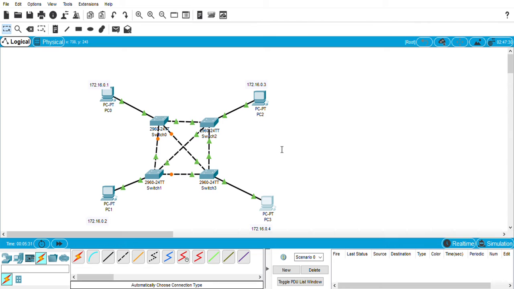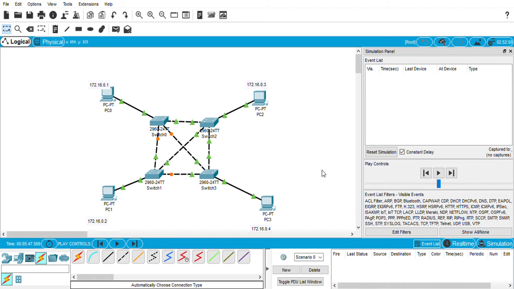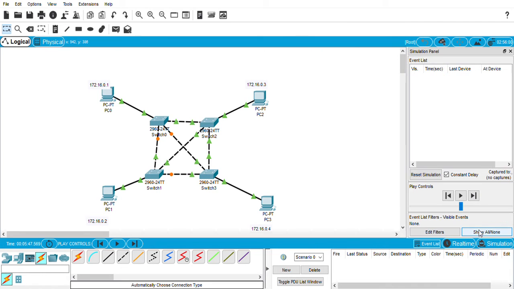Let us go with the simulation mode. You can take it from the View menu, go to simulation mode. Initially all the filters, visible events, which include all the protocols, will be listed here, but I am preferring only ICMP because a simple packet data unit was selected.